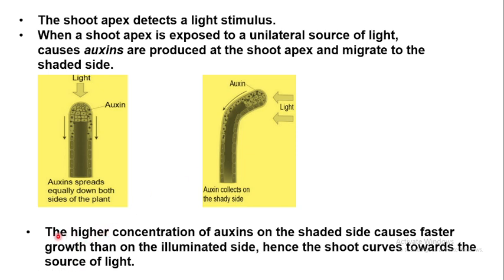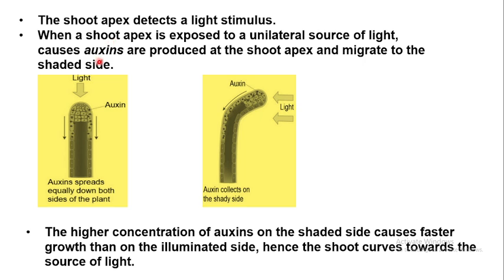So the higher concentration of auxins on the shaded side, which is this side here, causes faster growth than on the illuminated side. The illuminated side is the side which is receiving light, this end here. So the shoot is going to curve towards the source of light. It's going to bend. So it is this bending in the direction of light which is called phototropism or